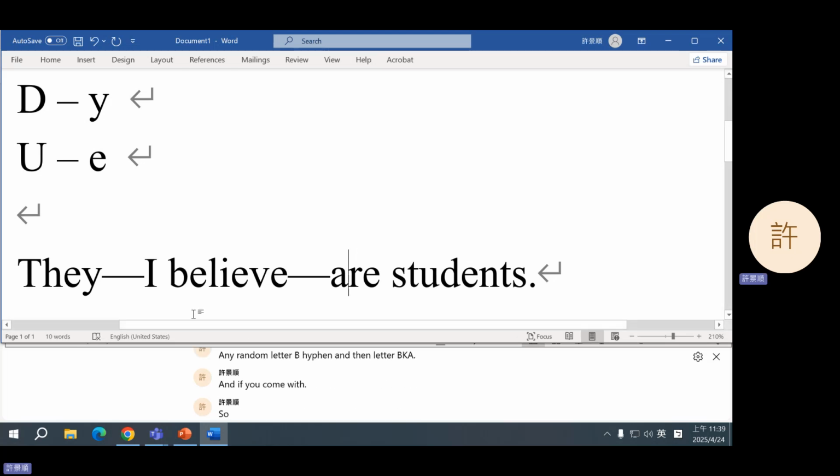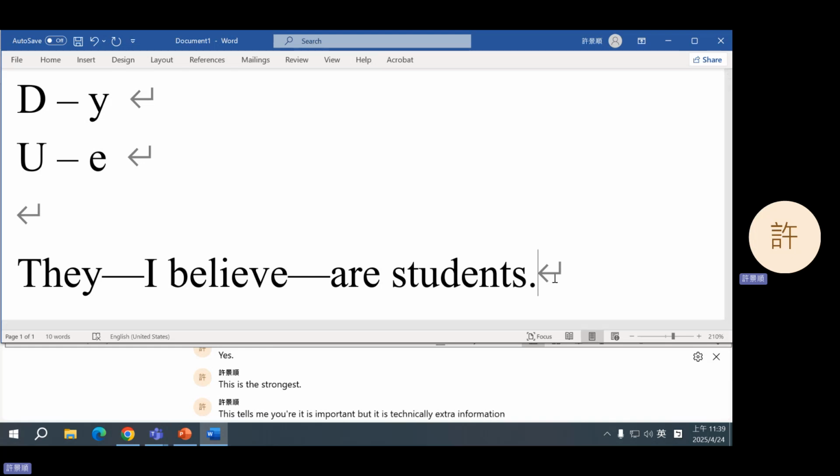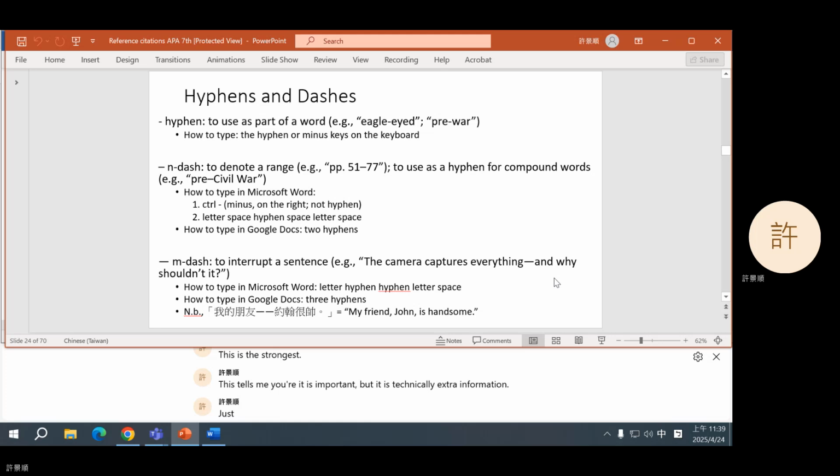So the third way to tell your reader that this middle part is extra information is to use two em dashes. This is the strongest version. This tells the reader it is important, but it is technically extra information. 就是它是补充资讯，但我觉得这补充的很重要，所以我用破折号来凸显。